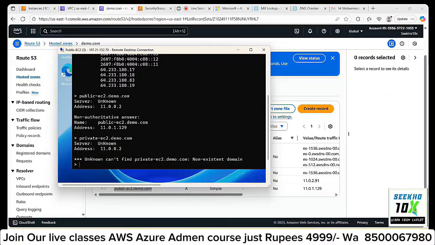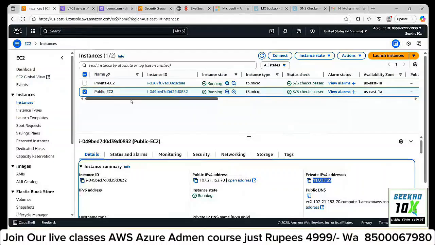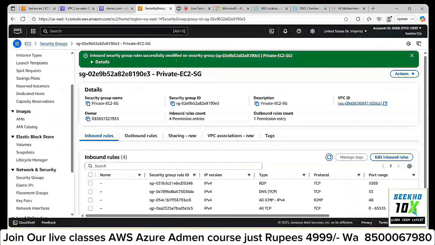It's not getting resolved with other subnets, and here it's not able to ping the other subnet either. There is some issue with the security groups.